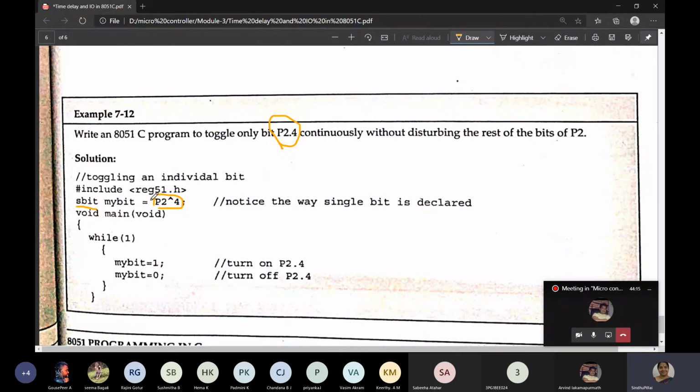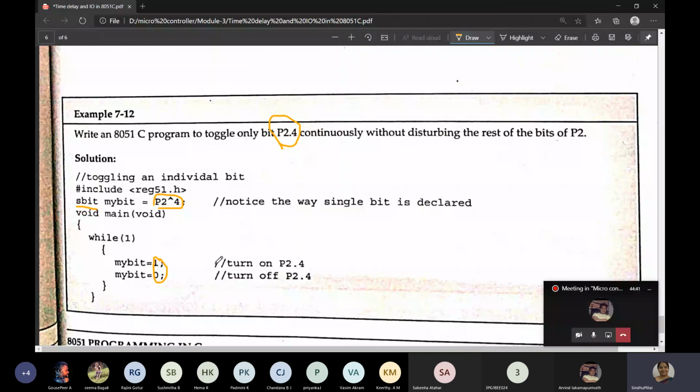It is defined using sbit, which is a single bit. The name is mybit. What should happen? It should toggle. So send the value 1 and next send the value 0. That means this is toggling. 1 and 0 are sent to mybit. What is mybit? It is nothing but P2.4. P2.4 is defined first as a single bit. Then you have to keep on toggling it.